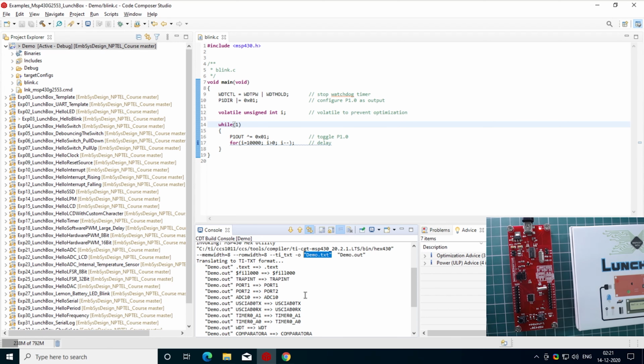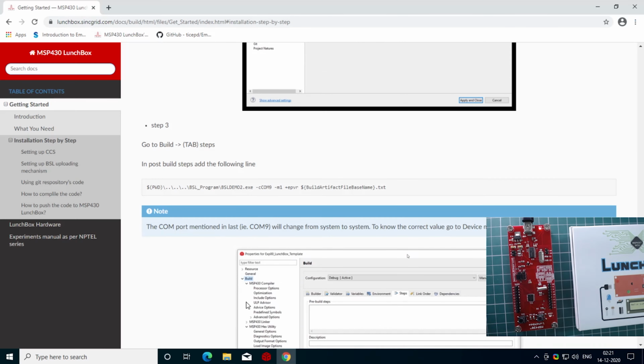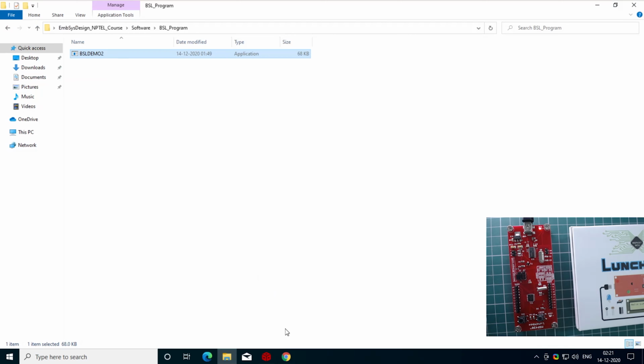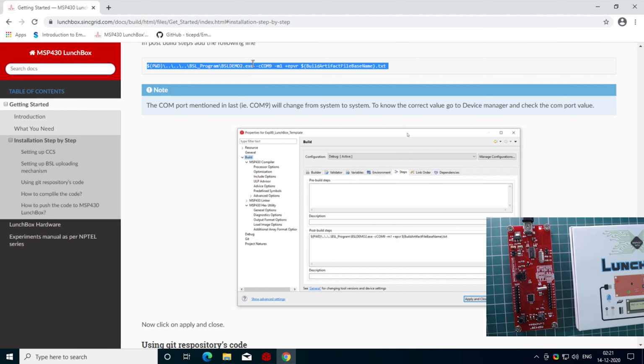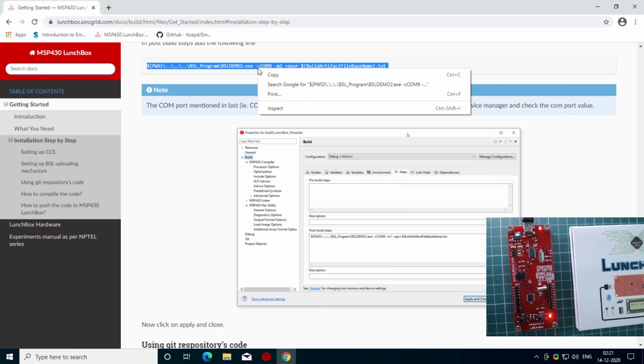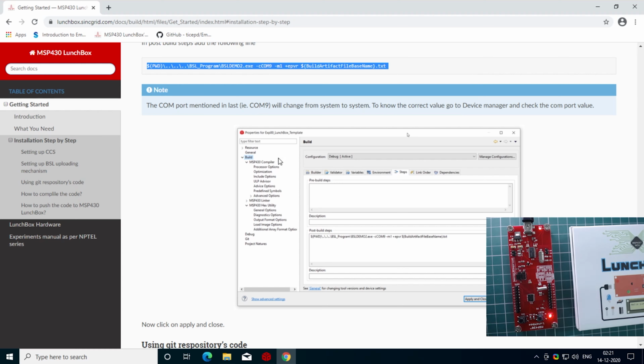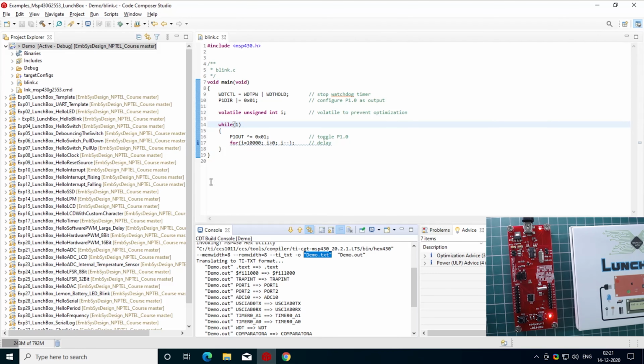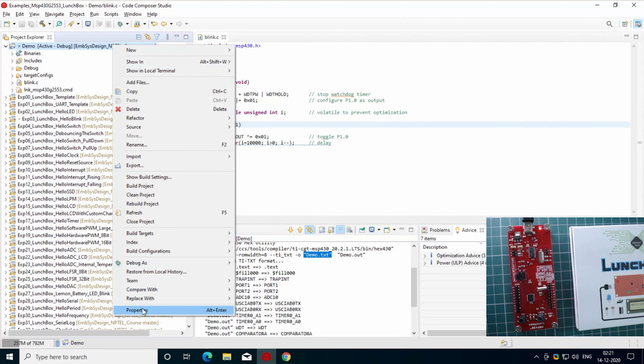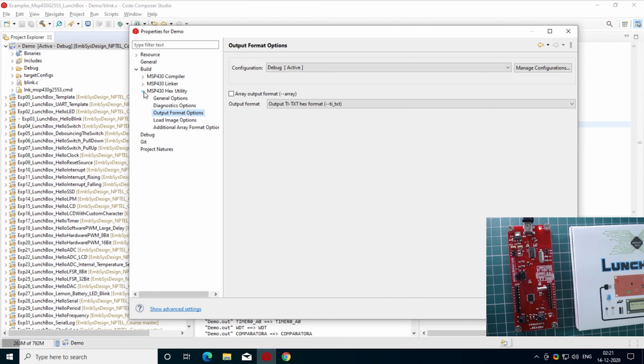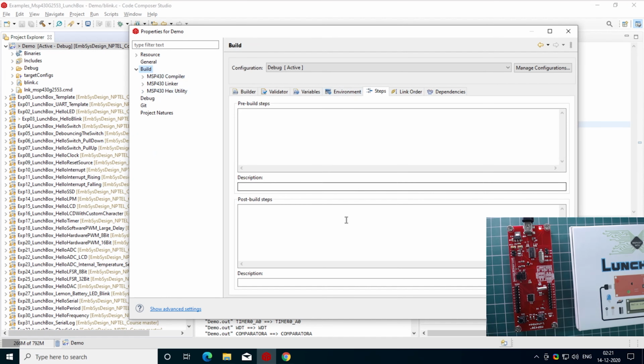Now to push the data to the hardware, you need this BSL demo program. To use this program in our CCS project, we want to copy and paste these commands into our project's post build step. By the name post build step, it is very clear that on every build, in the end, these commands will be executed.